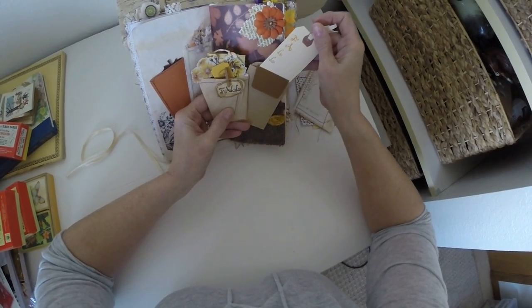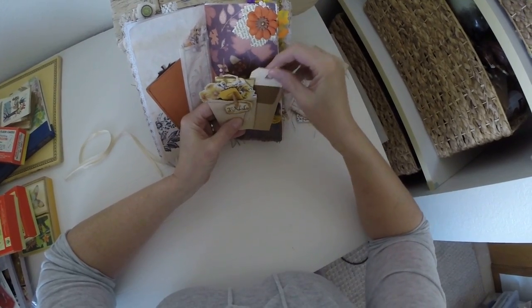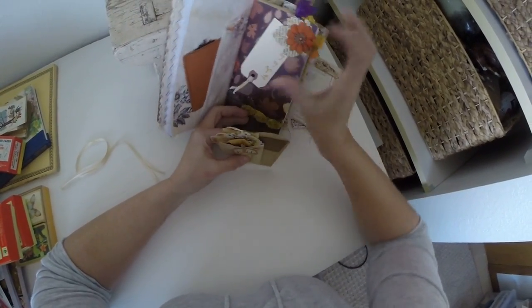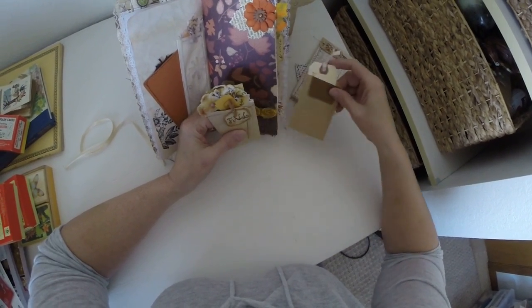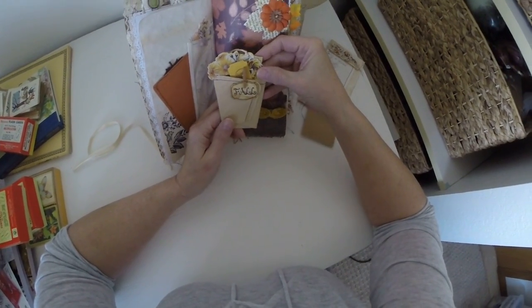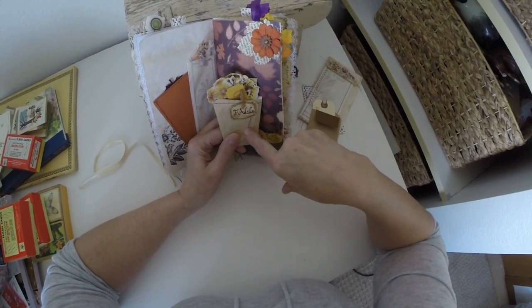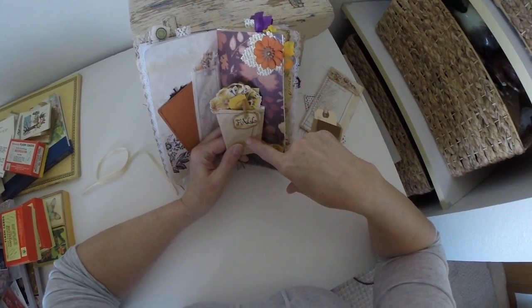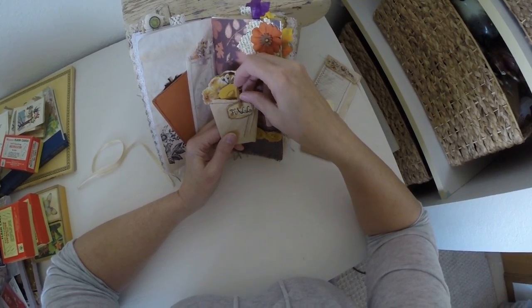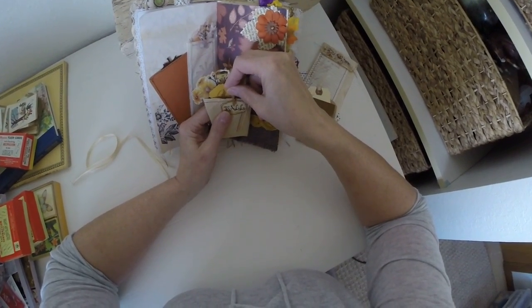So here's a little pocket, and there's a tuck spot here. And I'll set this aside. I love this. I hope you guys do too. This was made from a filter from a coffee pot. I told you about it before in one of my other books. But I added this little fall tag,